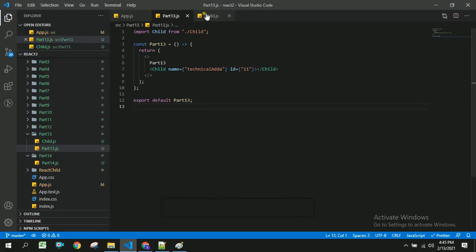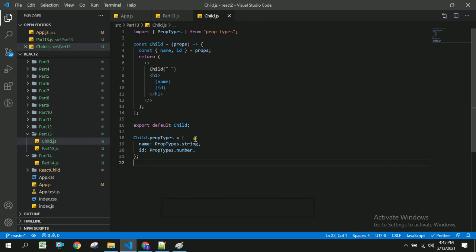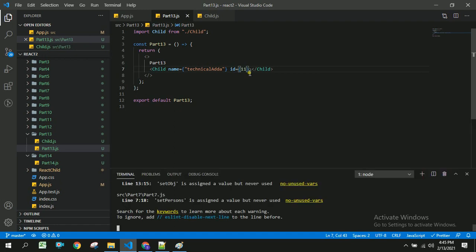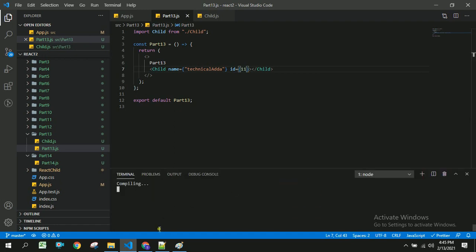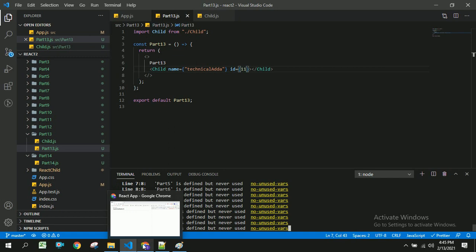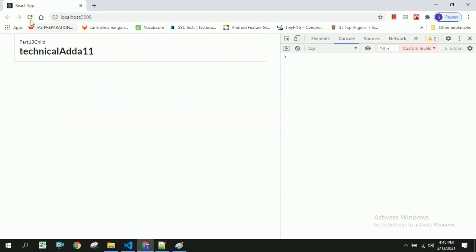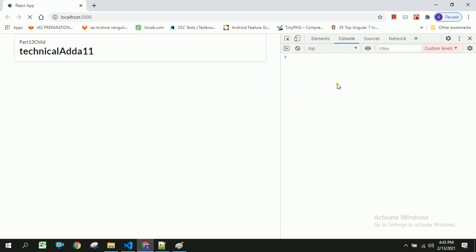If we remove this and place it as a number, we will not get any issue. Let us check that as well. Once we refresh, we will not be getting any errors in the console. You can see here we have not got any errors.